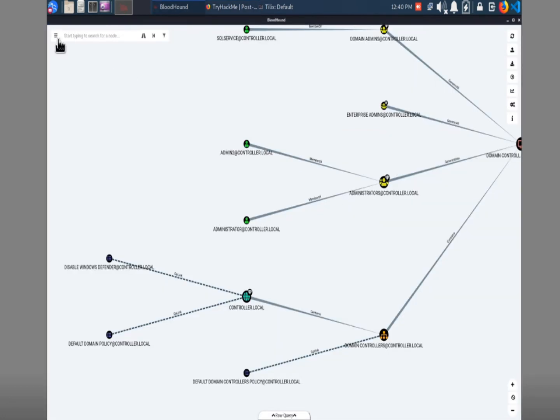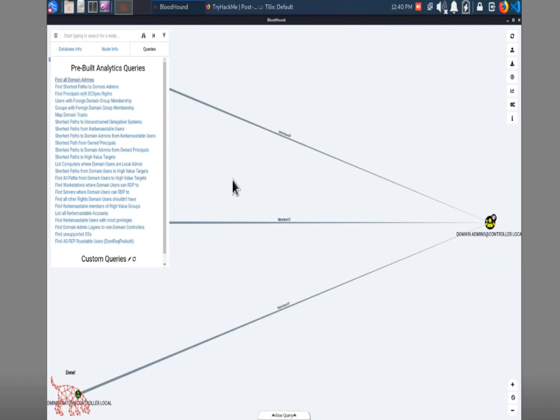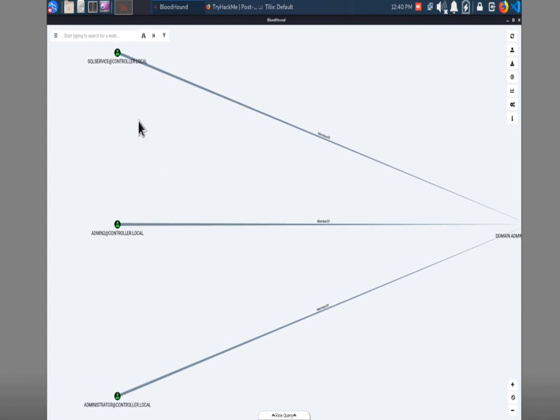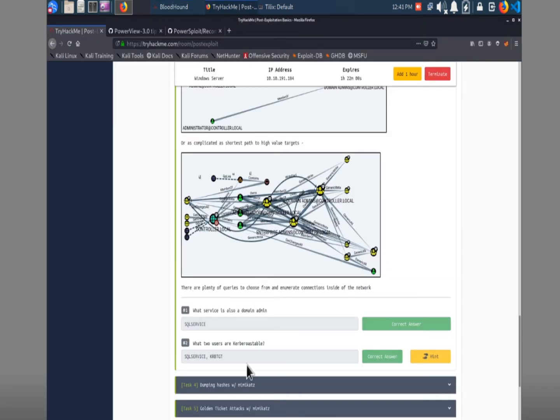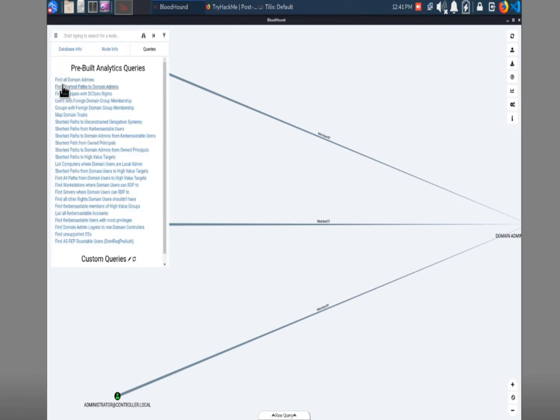So we have domain admins, find all domain admins. That was one that we wanted to see. And we can see here's 3 domain admins, and in this case the top one was the one that the question was asking for, and then Kerberoastable. Kerberoastable was covered in another room,